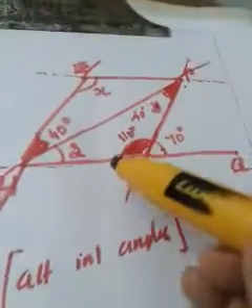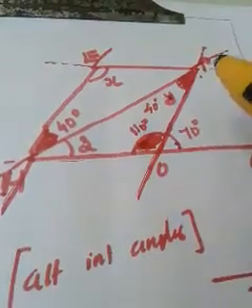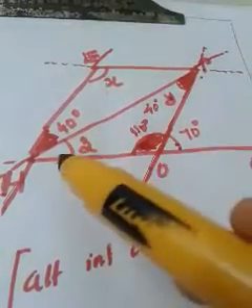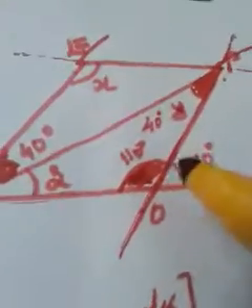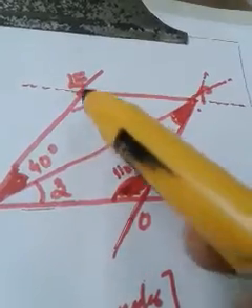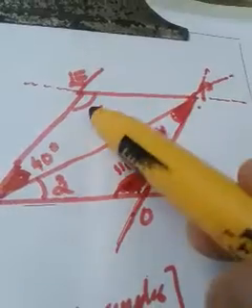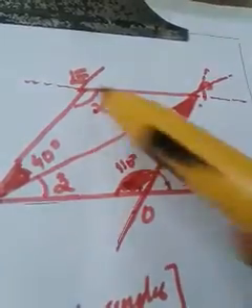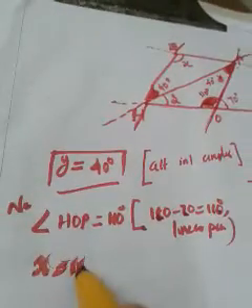And now we just think about this triangle HOP. Anyway, let me ask you a question. If this is 110, x also will be 110. Why? Because both are opposite angles of this parallelogram. So if this is 110, x also should be 110, because opposite angles of a parallelogram are equal, no? Okay. So we can easily write that x is equal to 110.